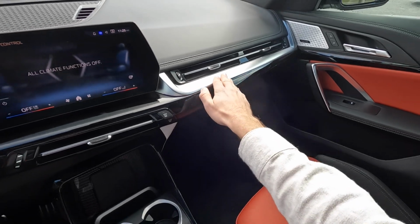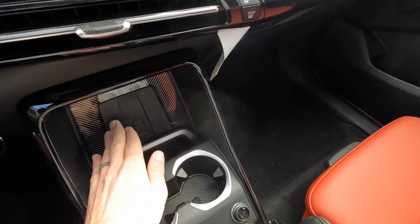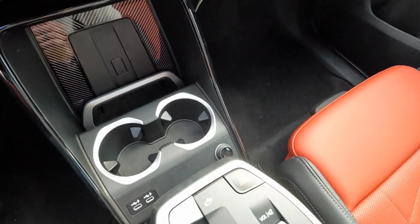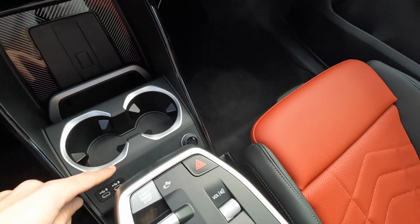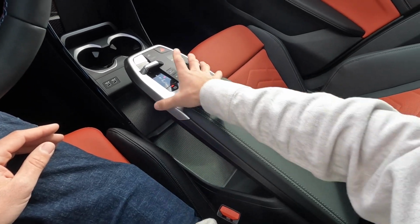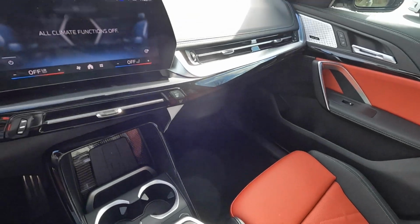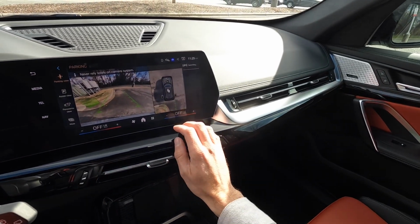More gloss black and brushed aluminum with one air vent in the middle. There's some defrosters. This does have wireless charging. There's cup holders, and then you have some auxiliaries and a 12 volt and a ton of space underneath this floating console. Now behind the engine start stop, we can put this into reverse, where this has the backup camera